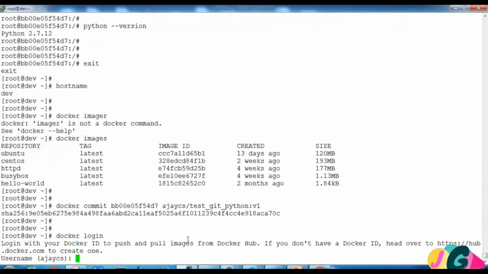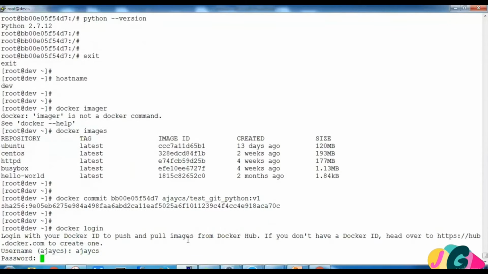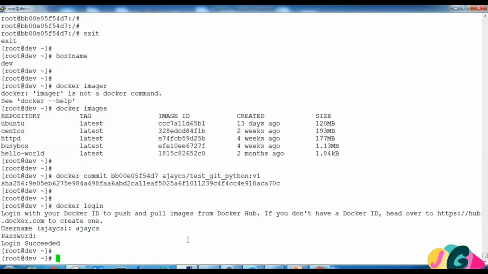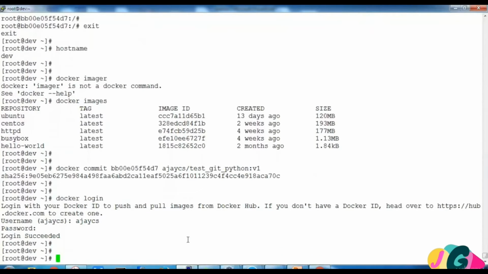It will ask for the username. My username is this, and I have entered my password. Now it will say login success, which means you have successfully logged in. Now we use docker push to push this local image into the public repository.